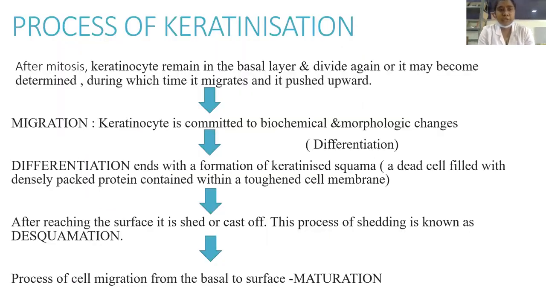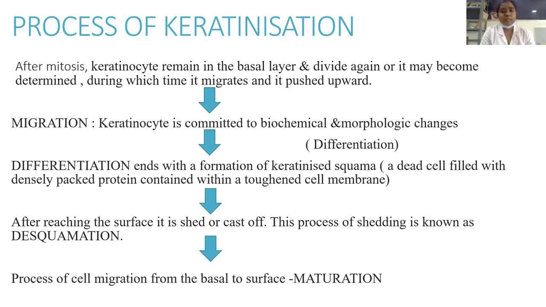Process of keratinization. So after mitosis, what happens? Keratinocytes remain in the basal layer and divide again and again, or it may become determined, during which time it migrates and pushes upward. Migration. Then comes the migration. The keratinocyte is committed to biochemical or morphological changes. Then differentiation. Differentiation ends with the formation of keratinized squama, a dead cell filled with densely packed protein contained within